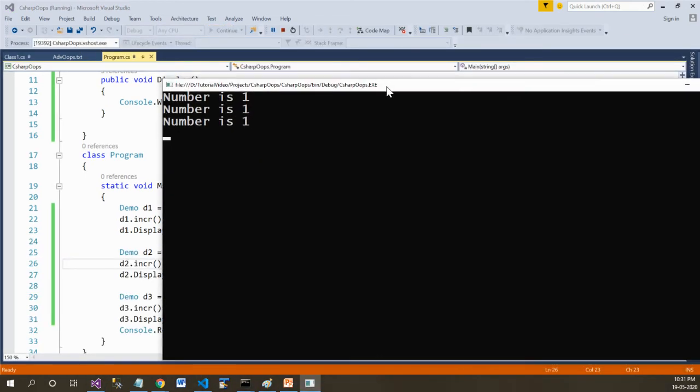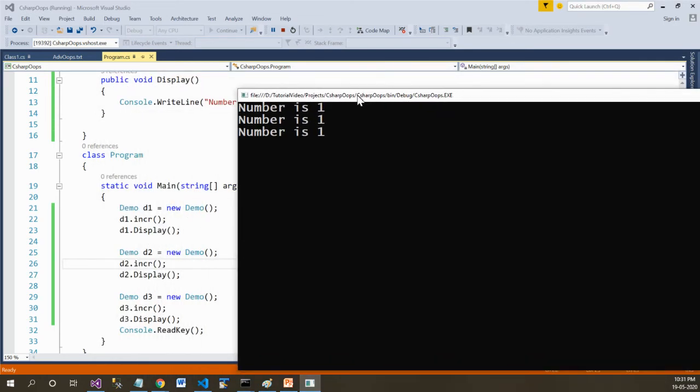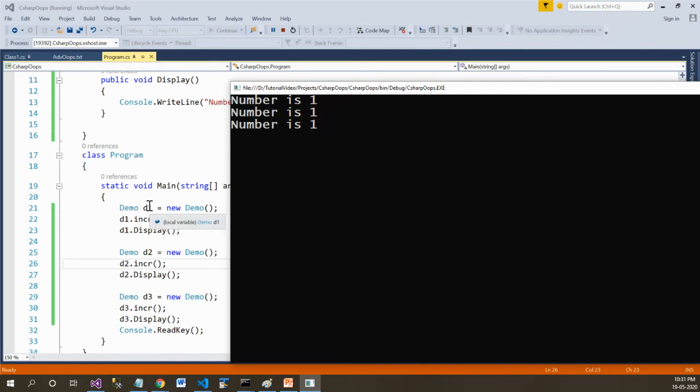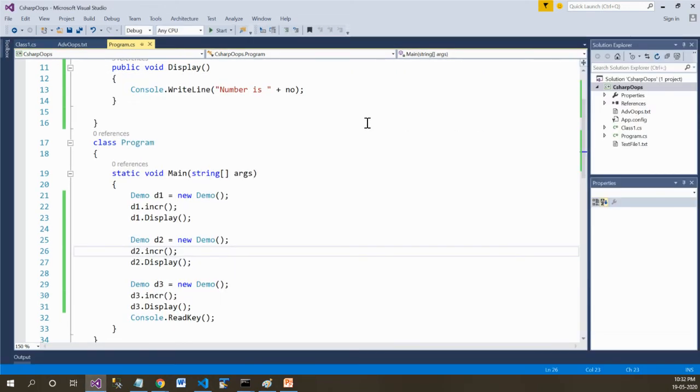The output for all the three objects is number is 1, number is 1, and number is 1, because every time the object has stored that no in a different memory location. So hence it is proved that the normal variable is stored instance specific.